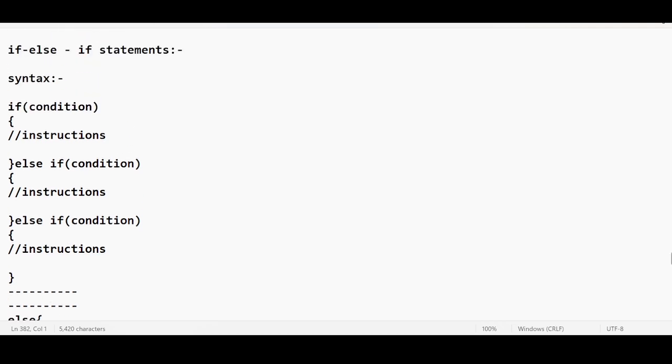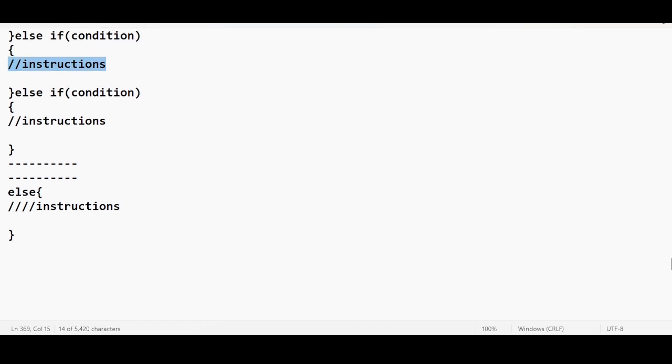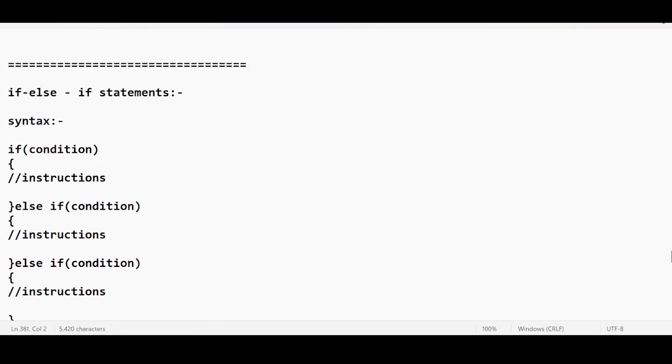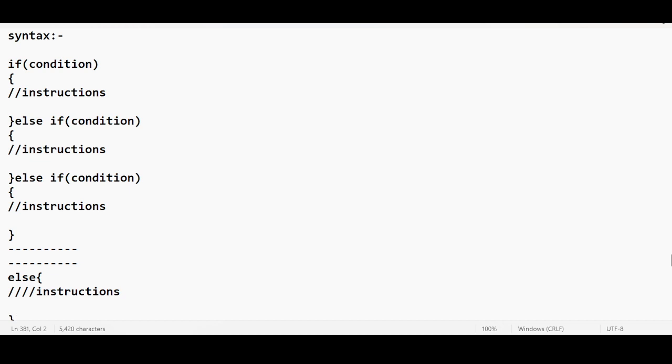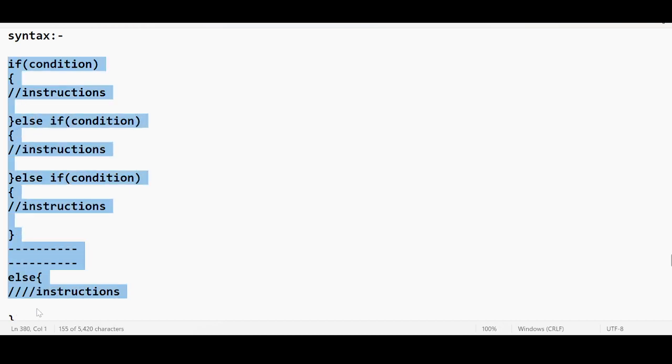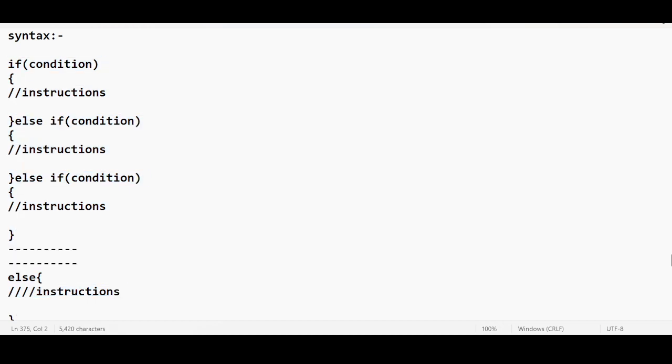So if this fails and this is satisfied, these instructions will get executed and the control will be transferred directly to the end of the if else block. What I am trying to say is that at any point of time only one block will get executed among this ladder. For example,